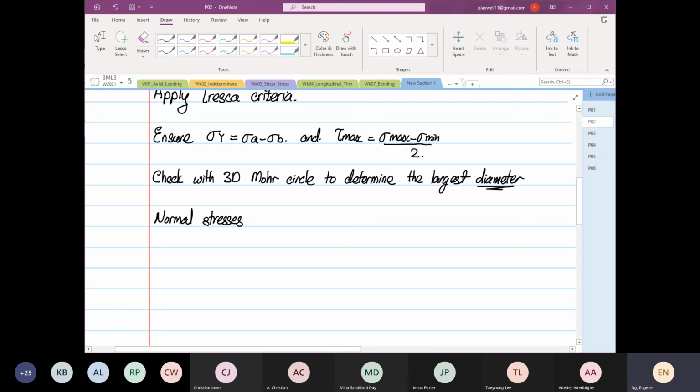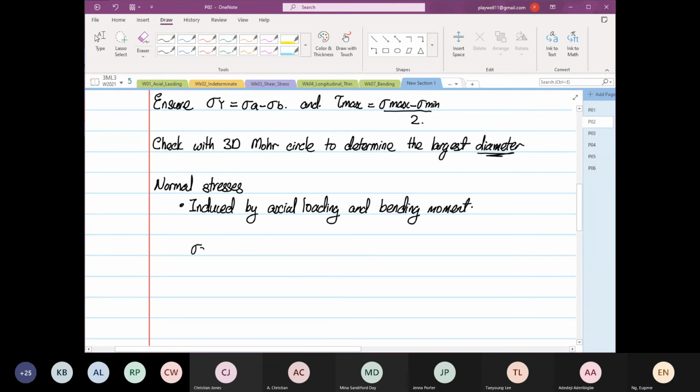Okay, so normal stresses, right, induced by axial loading and bending moment. So I'm just going to write out the general formula. Okay, so stress X is equal to P over A, right, plus or minus M Y over I, right? This is our axial, this is induced the normal stresses. Okay,